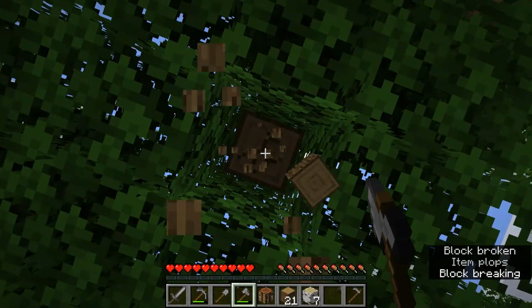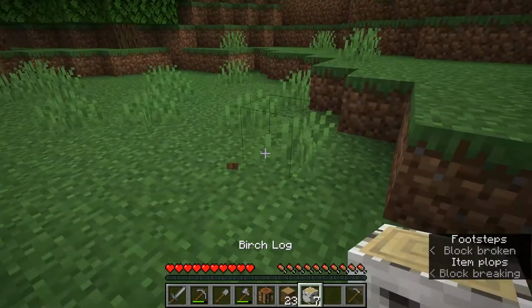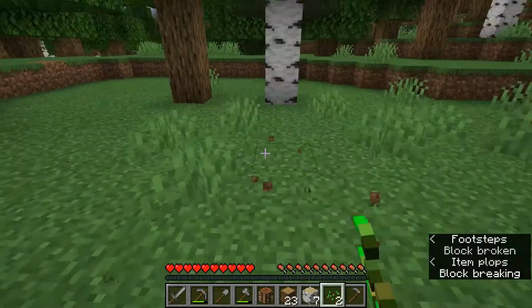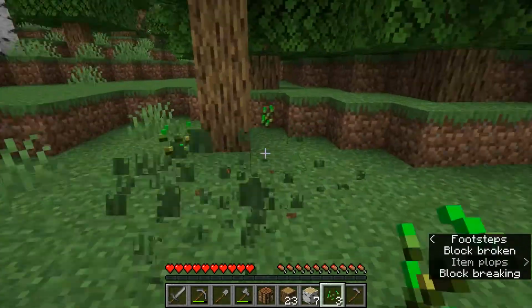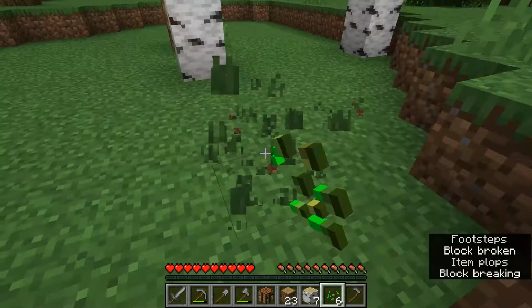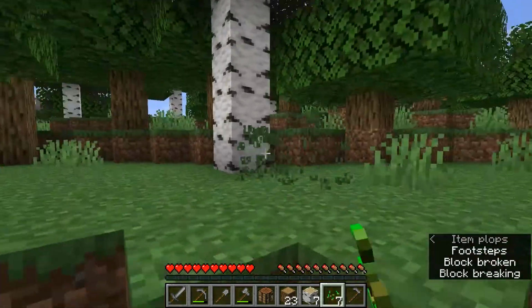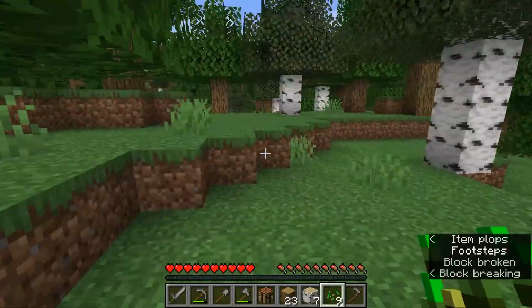If at all in your travels you come across some tall grass, go ahead and break it. There is a chance that you'll get wheat seeds. Wheat seeds are very important if you want to farm, and farming has multiple benefits. So I'm just going to go ahead, break some of this grass, see if I can get myself a few